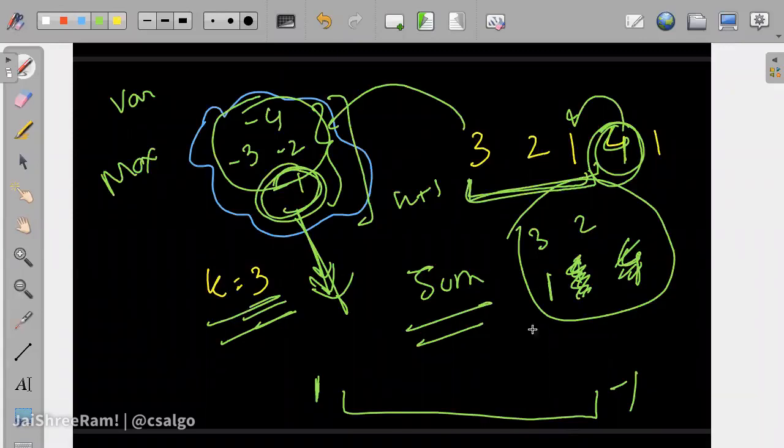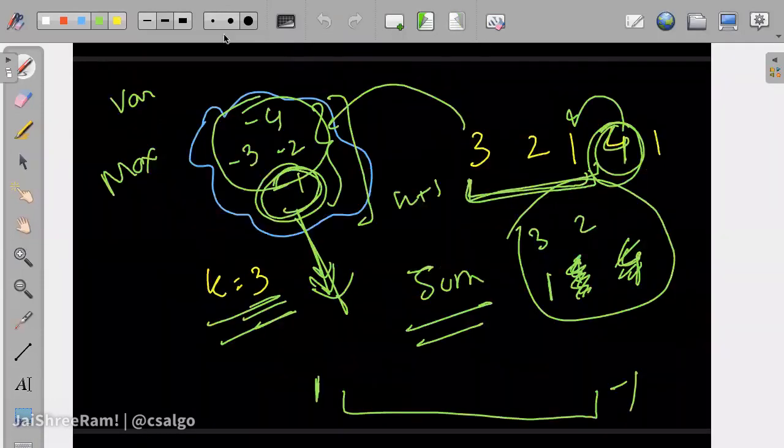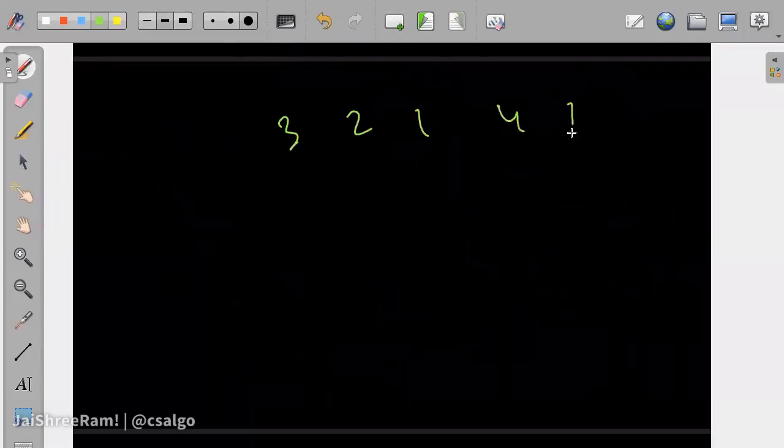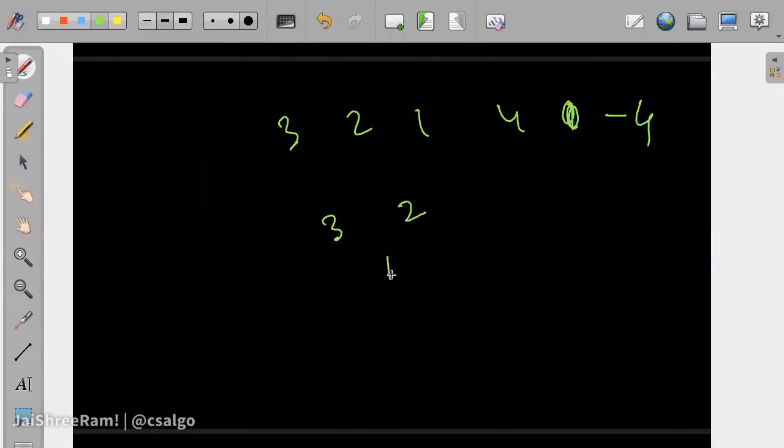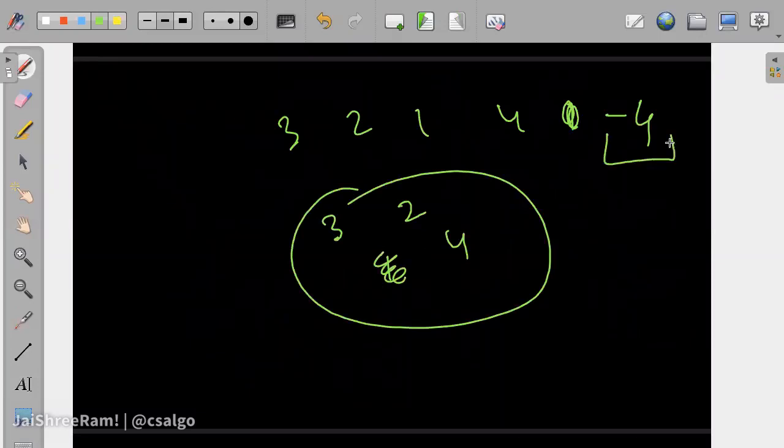Okay. So the problem is, given a structure, you have to insert an element, remove a particular element if it's present, and given a fixed k, you will also have to find the sum of the maximum k values from the set. The problem that happens: let's say you have 3 2 1 4 1, and after this I say remove 4. You first insert 3 2 1, and then you insert 4. There are 4 elements, so you remove 1. Then when I say remove 4, how do you know you have to put back this one